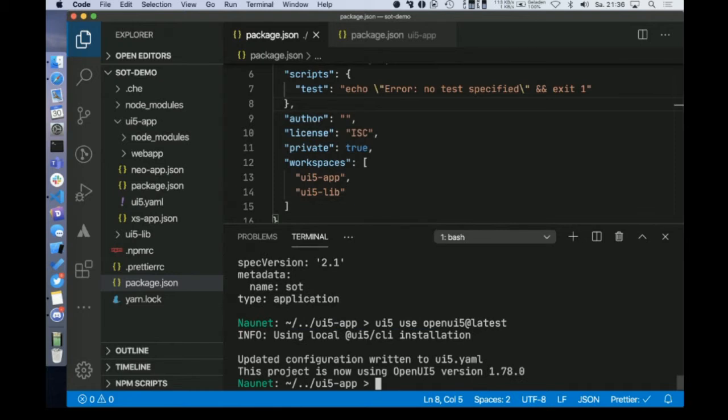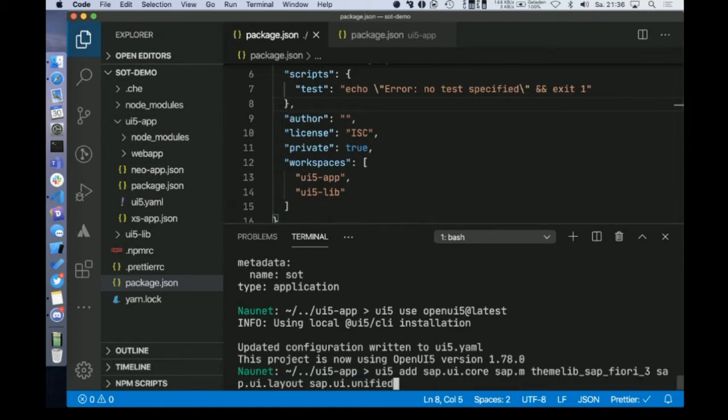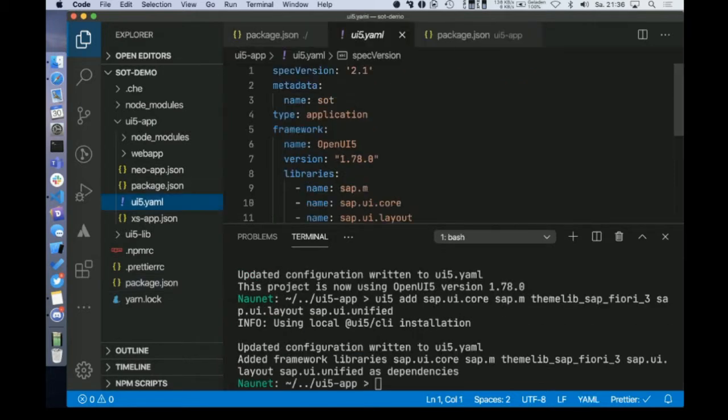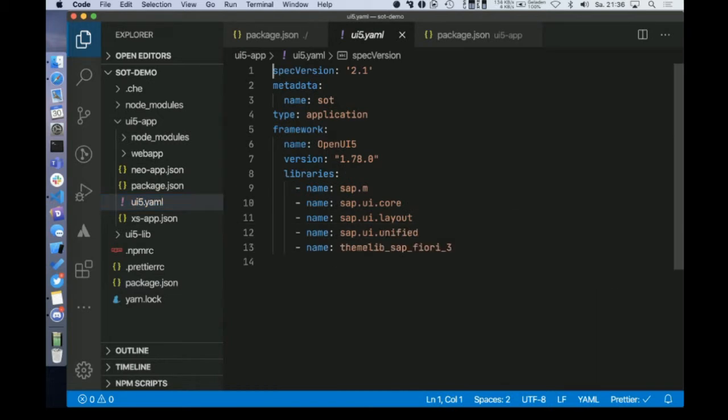So you can see it uses OpenUI5 1.78. And then I'll add a couple of libraries, sort of a standard kind of thing. I prepared this because I don't want to type all those library names. It's sap.ui.core, sap.m, the Fiori 3 theme, and we have the layout and the unified. Now it's written this to the ui5.yaml. Let's take a peek in here, and you can see all the things that we just did reflected in the